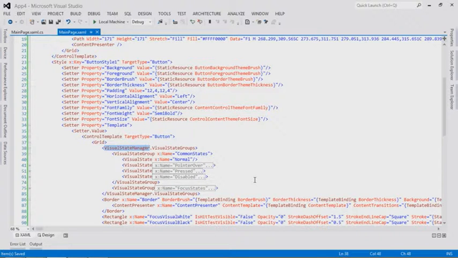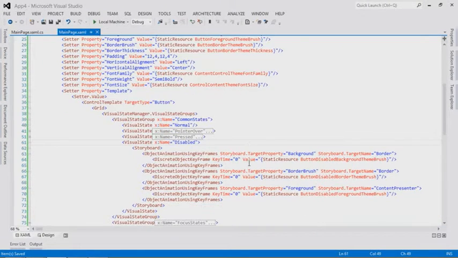And if I were going to implement my own look and feel, I would need to come in and make sure that I copy this into my template and use the same names, because the visual states are going to be set by the code behind that I haven't overridden. Exactly. And so I want to make sure I use these same names, and inside each of these, in fact, disabled might be a fun one to show,